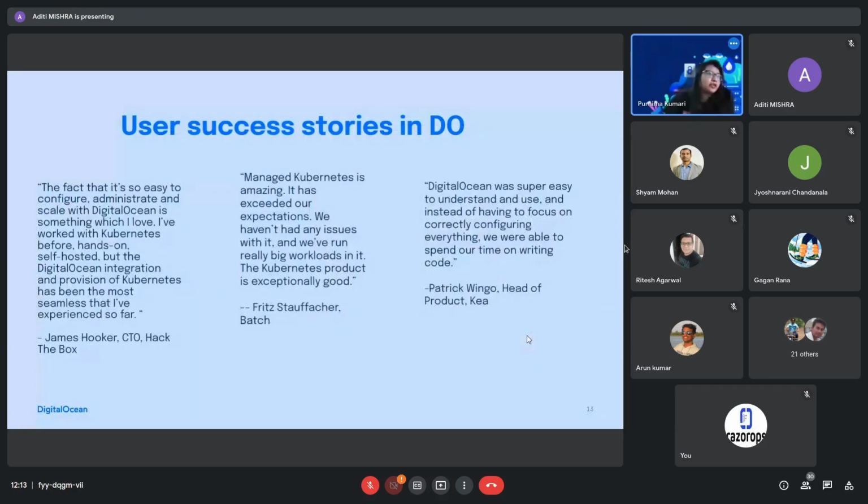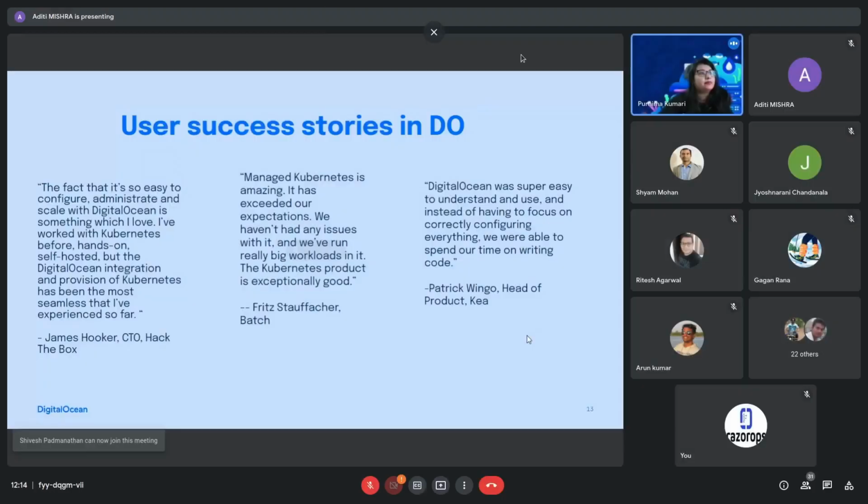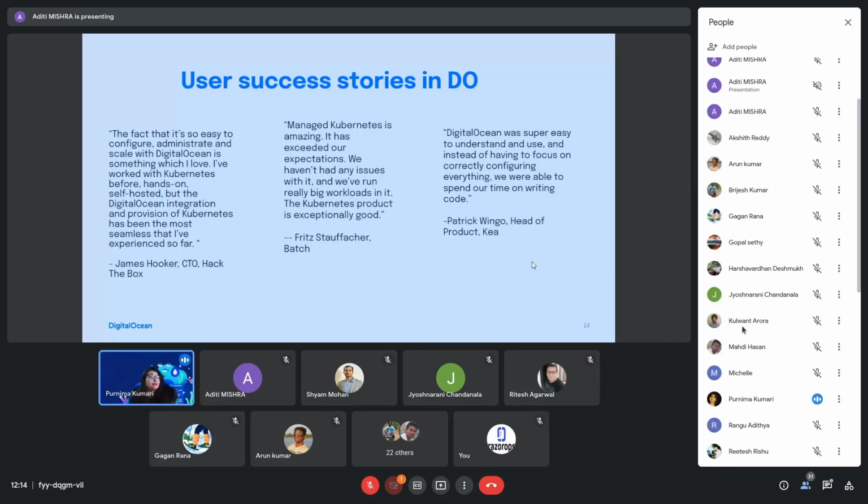Apart from that, in the next slide, I will quickly cover some of the success stories on DigitalOcean. As you can see, Hack the Box is hosted on our platform. And the CTO James, what he said after using our Kubernetes is: the fact that it's so easy to configure, administrate, and scale with DigitalOcean is something which I love. They had self-hosted Kubernetes, and when they used DigitalOcean Kubernetes, they saw the experience was so seamless